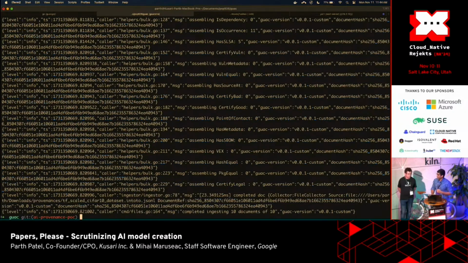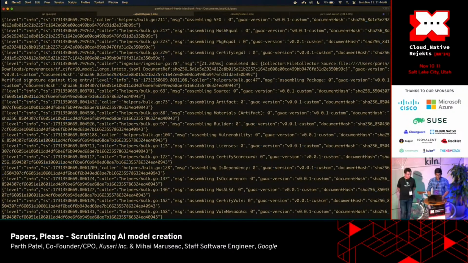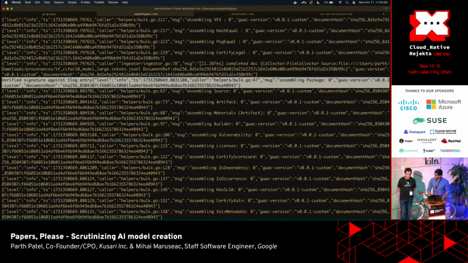What's going to happen is I am going to ingest all these SLSA attestations that we already generated, and we'll talk about some of the attestations, the materials and so forth a little bit later on. But basically, it's going in, decomposing all the information, like I said, and putting all this information into a graph database that's running behind the scenes. At the same time, we are also verifying. Here you can see verify signature against transparency log. So we're using SIG-store.